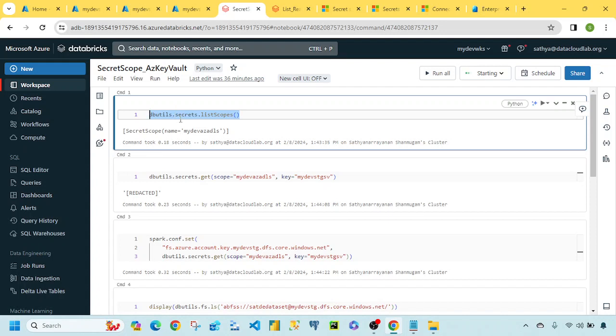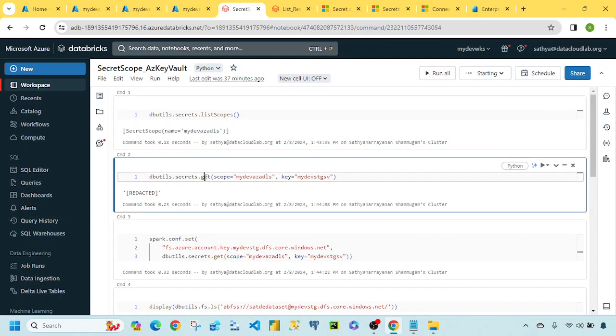This command will list all the scopes that I have created. In this case, you can see I have created only this one, which is a secret scope to access the ADLS through the secret stored in the key vault. You can see from the previous execution results that when I did a list scope, it showed me this. And then if we want to get the specific secret that we stored inside the key vault,